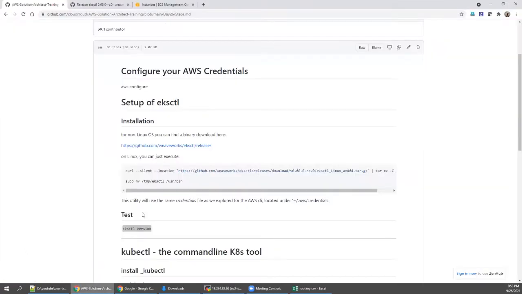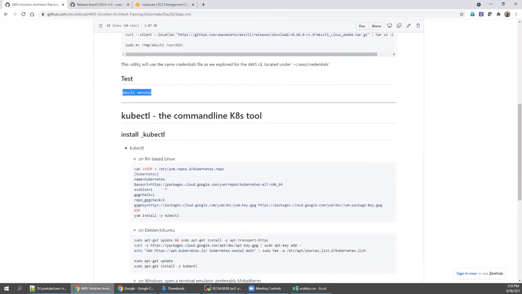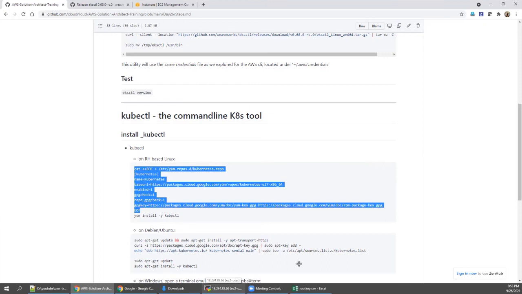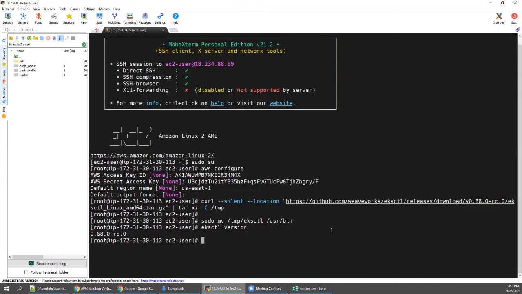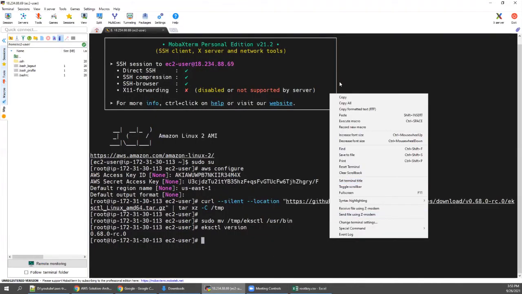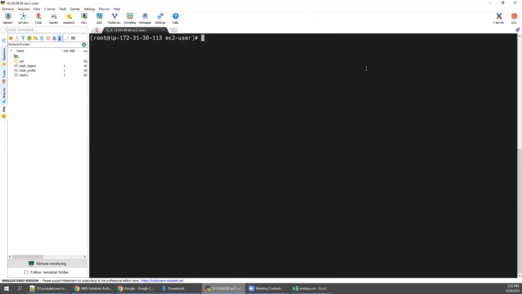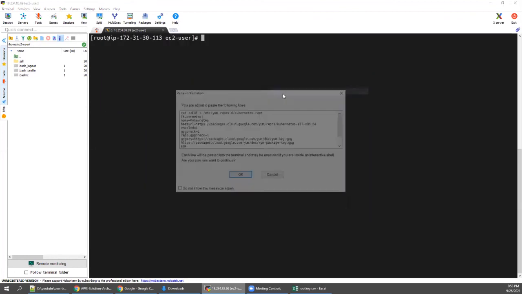Now we need to configure kubectl. Copy this. Basically we are configuring the repository, and then we are installing the package. So go here, copy and take it with the URL. But before that, clear the screen so that it will be easy for you to see.